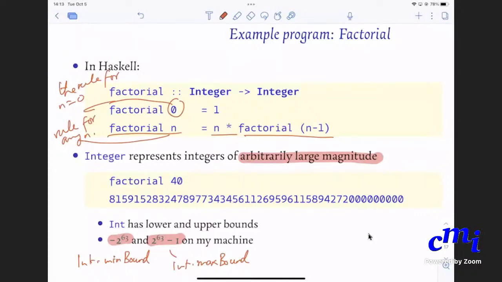Professor, I had a question. Are floats and doubles also bounded? We can check. It says there's no instance for Bounded Float arising from a use of maxBound for floats, so it's not bounded. You need to get into the internal representation of how floating point numbers are represented.